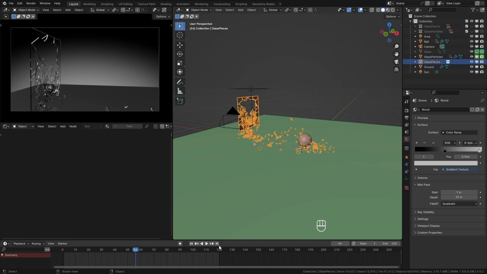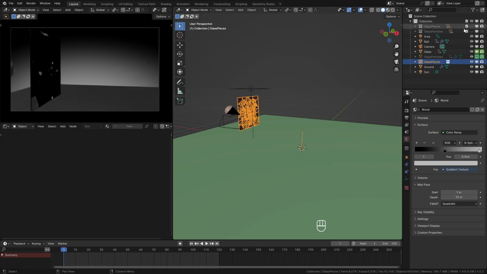But one issue with this is in order to render collection instances, you need to have the original collection set to render as well, which means you can't disable it from the render. And because of it, these two are currently overlapping. So to prevent the original collection and the instance from overlapping, I am going to move the original collection out